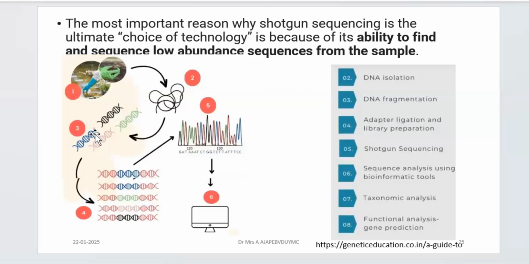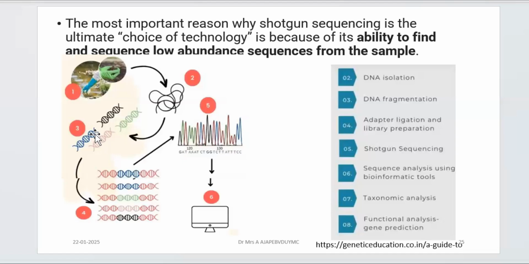But the point is you have to analyze the sequences, for which you are going to take help of computerized systems. Bioinformatics is the science that deals with it, and then further you are going to go with taxonomic analysis. So after DNA sequencing, you have to BLAST, you have to match with the existing database, and then you are going to find out its taxonomic positioning, and finally functional analysis, gene predictions. So what kind of gene is doing which function, or a specific function, like in the previous lecture I had said about rhizosphere nitrogen fixing bacteria having the nitrogenase enzyme gene.